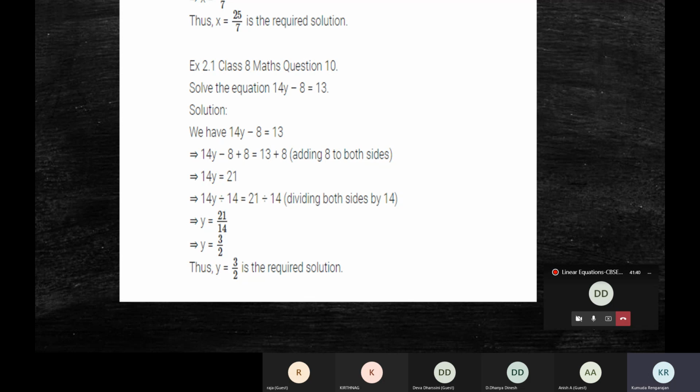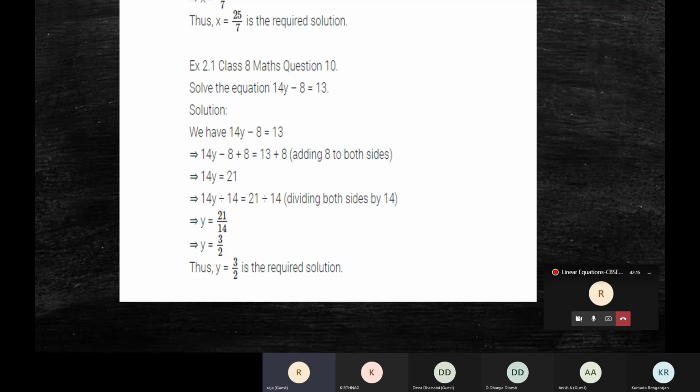Kirtana, can you hear me? Yes, ma'am. Who else is there? Kirtana, Danya, Devadarshini, Raja Maniganda, Anish. Can you hear me, Anish? Ma'am? Yes, Anish. Why don't you try this? I'm not Anish, ma'am. Raja. Raja, okay. Okay, Raja, why don't you give it a shot?